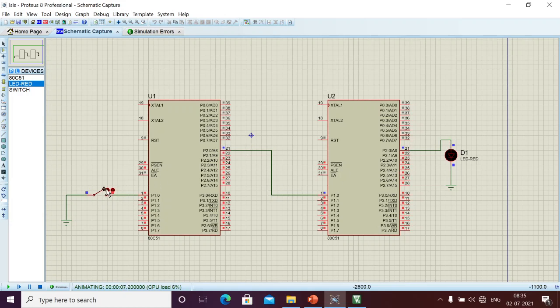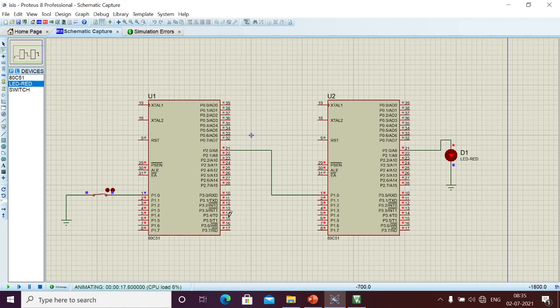Okay, when I press this one, I am going to send logic 1 here, and similarly if it is logic 1, I am going to send logic 1 here, so that I will turn on the LED as per the programming. See here, if I press the switch, I am going to turn on. If I open the switch, I am going to turn off. Okay, here see, turn off, turn on.